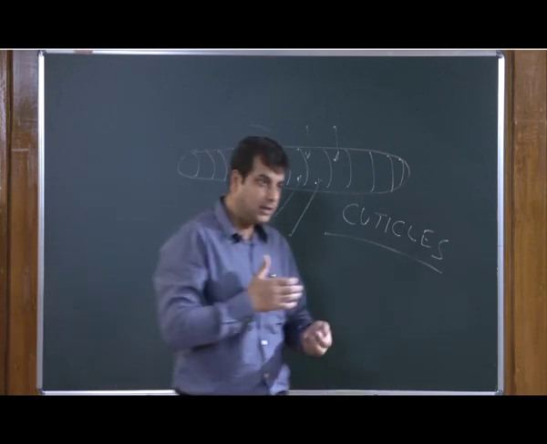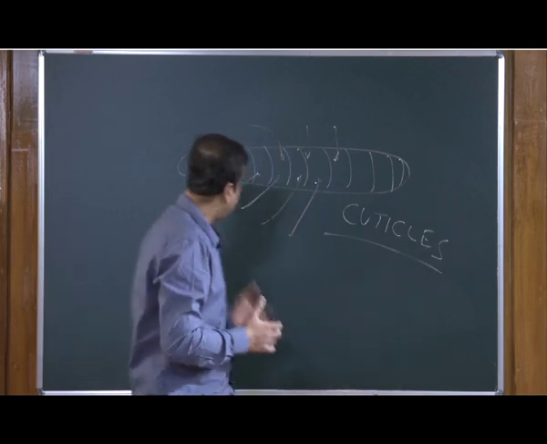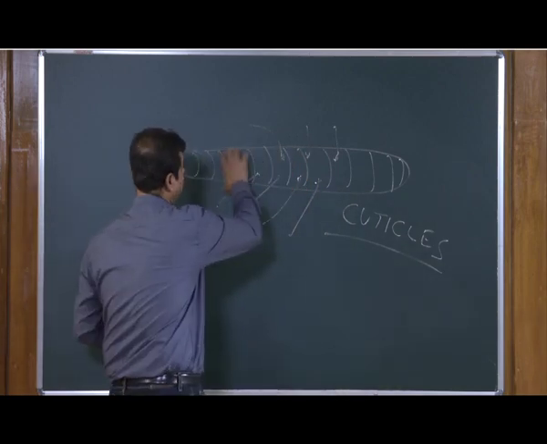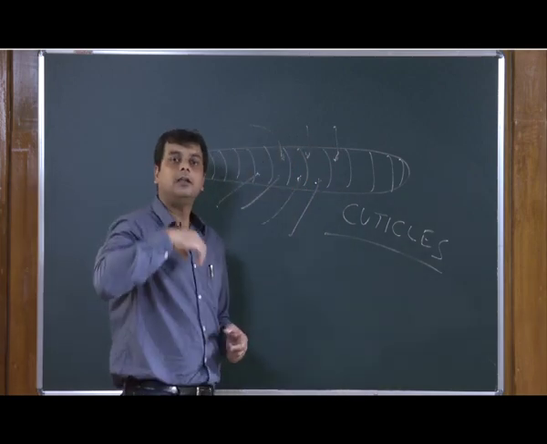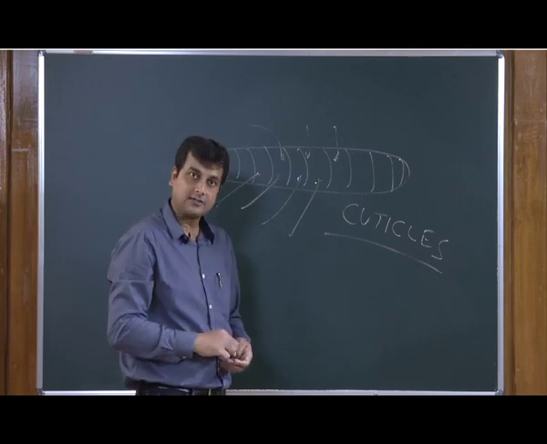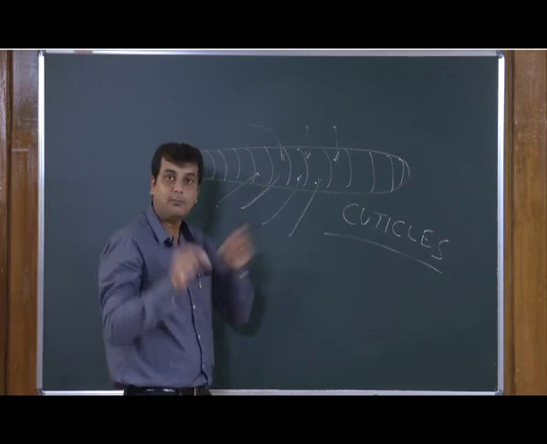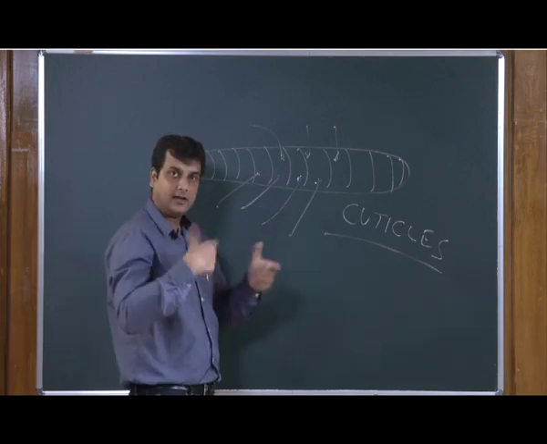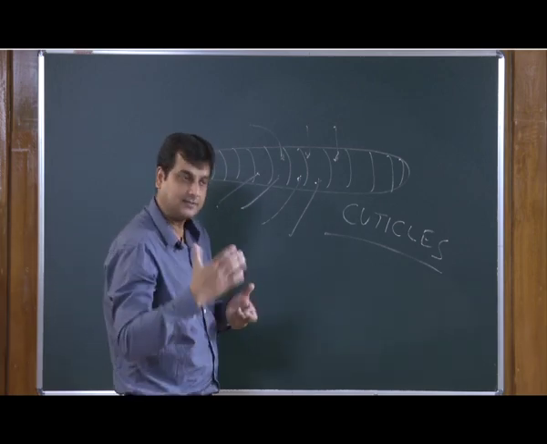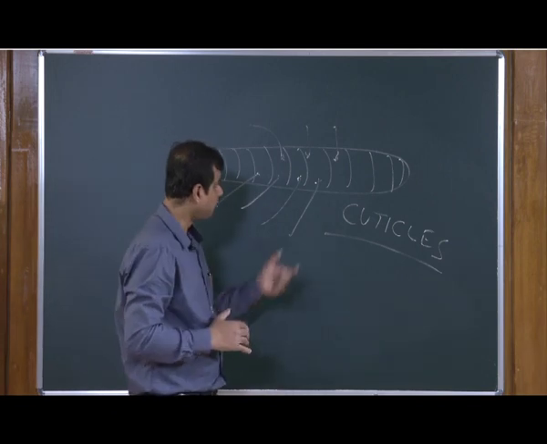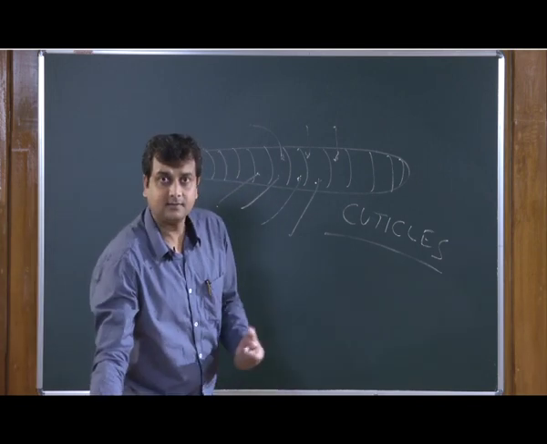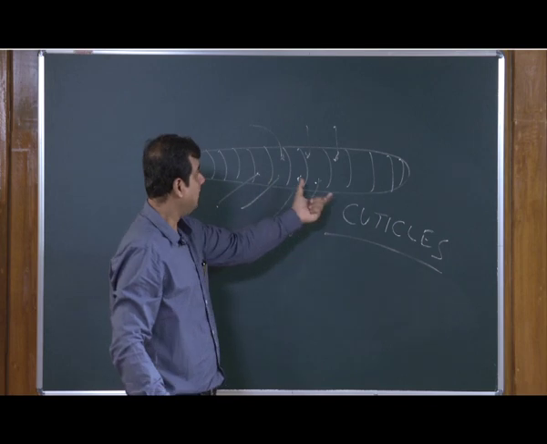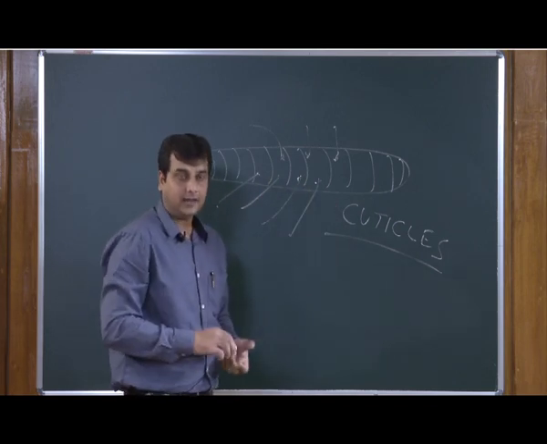So, slowly we can see that we are evolving, right. The body is segmented. In classification, we will see that these structures are called metameres. Annelids are segmented, and metamere is a terminology which defines the segmented body cavity. So, these are some of the structures defined in the case of Annelida.